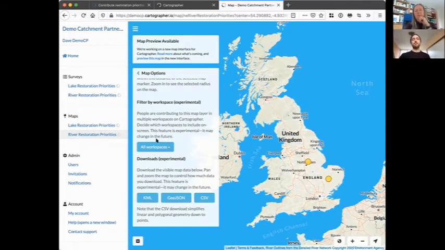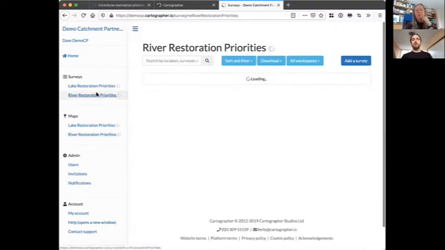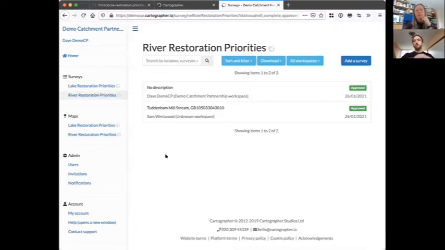ArcGIS Online. This is something that is still being finalized at the moment, but it will eventually make its way into the CaBA data portal. So anyone can come along, look at this aggregated set of features from this map, and incorporate that into wider projects. I'll just finish by saying that the idea of giving you your own workspace on Cartographer is